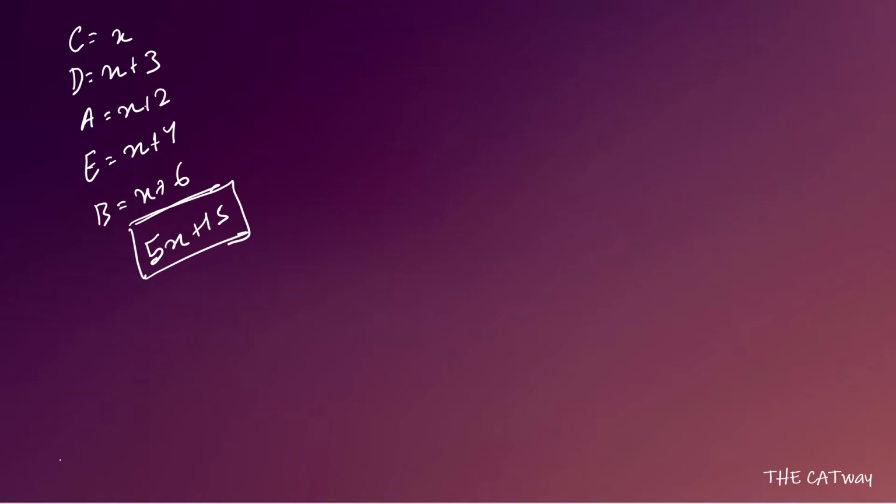Okay. Now let's first calculate the number of games. The number of matches is going to be 5 into 4 divided by 2. That means there are going to be 10 matches. Now we know that 5x plus 15 is the total number of points scored. So we can check the possible totals for the teams. First, suppose 10 matches were there and there were 10 draws. So if there were 10 draws, there will be 20 points.